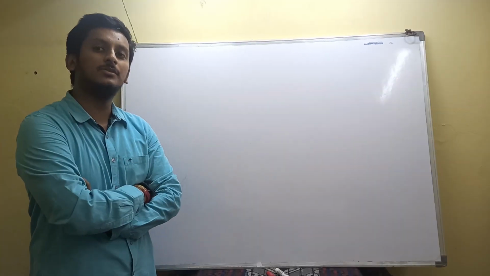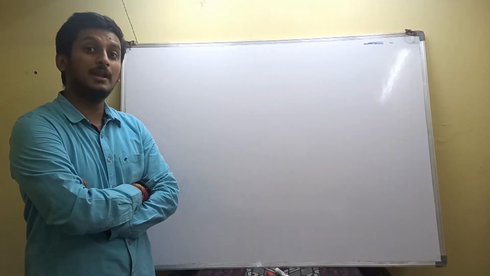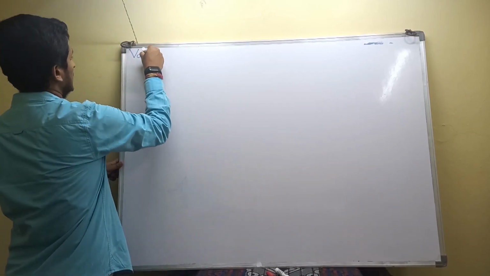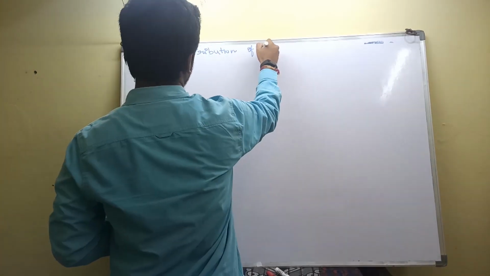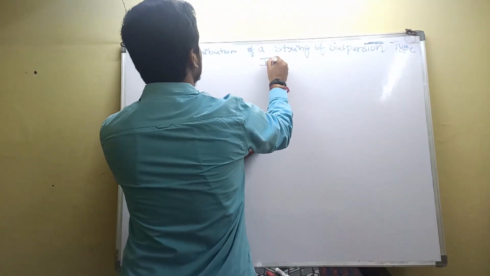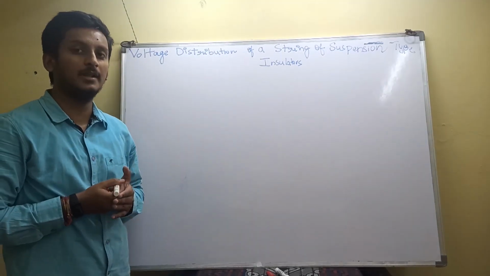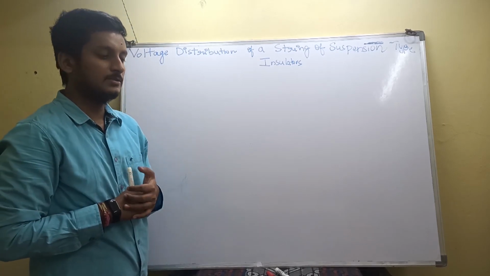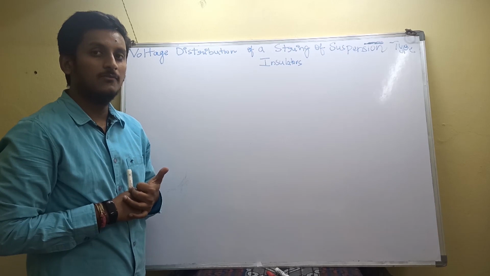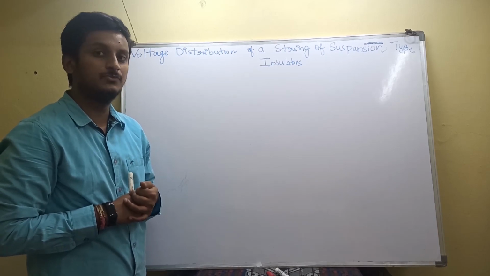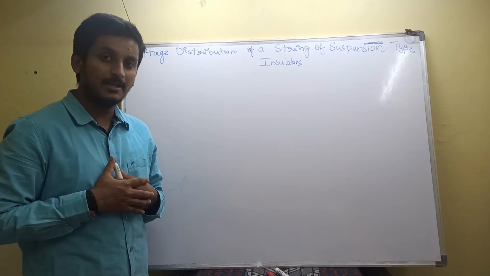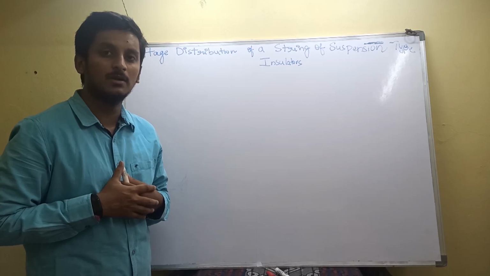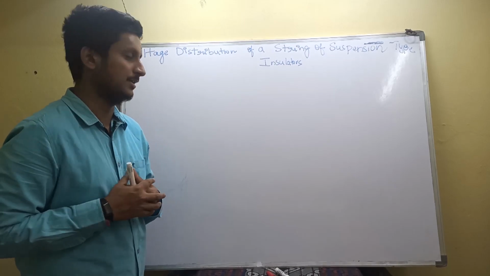Hello everyone, today we are going to see voltage distribution across the string of suspension type insulator. I have explained you regarding the suspension type insulators very clearly. You all are clear that suspension type insulators will be like 11 kV discs placed in a string. In order to understand the mathematical calculations, I am going to explain you a very simple trick so that you don't mug up the formulas. Okay, let us see.